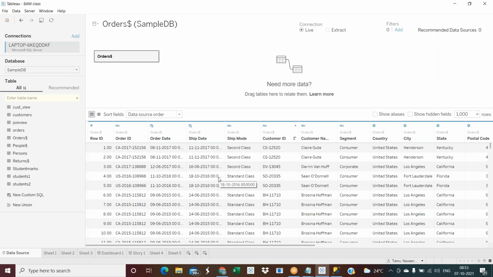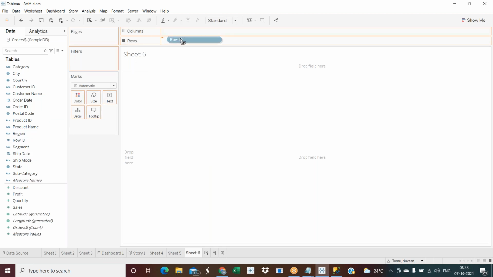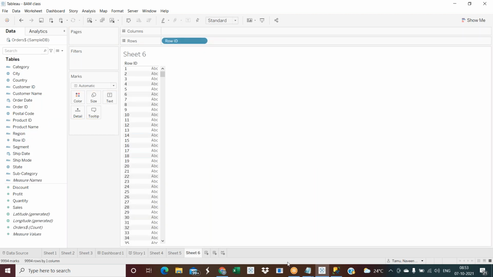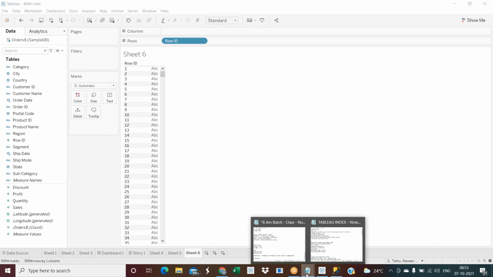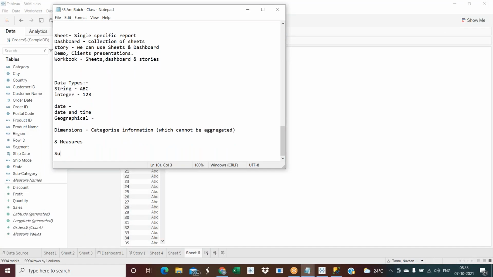Sometimes, if you look at row ID, it can be aggregated, but all the IDs should be dimensions as well. This is the row ID. Sometimes what will happen, guys, if you have an ID in your data like a survey ID, I just faced this issue.